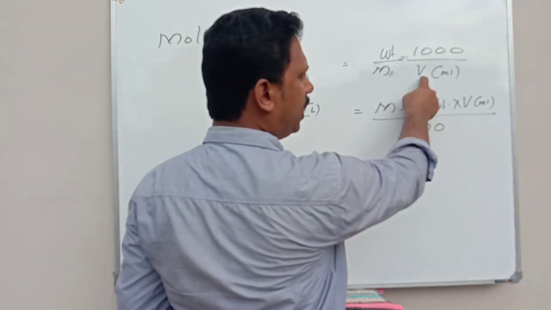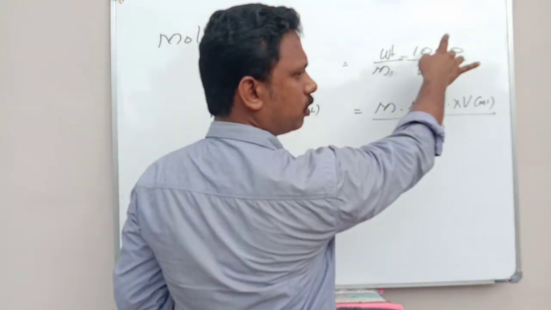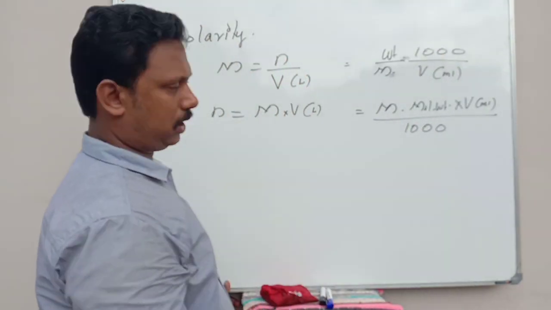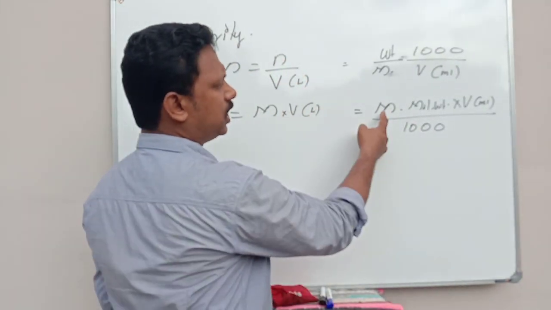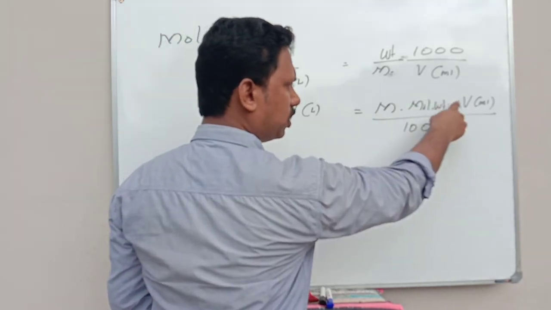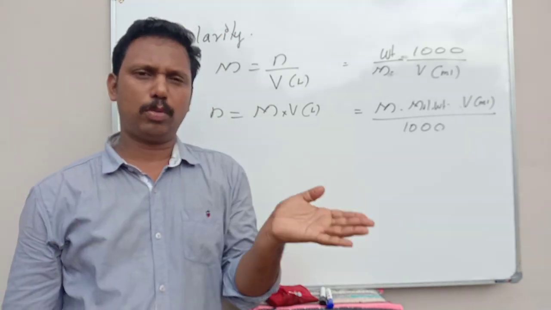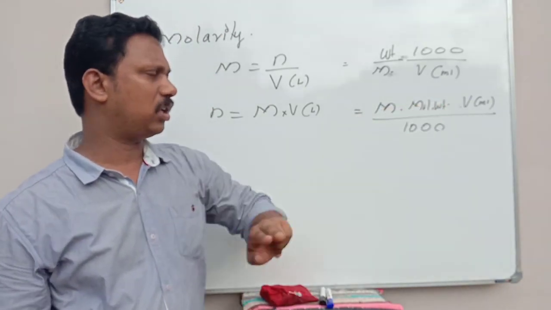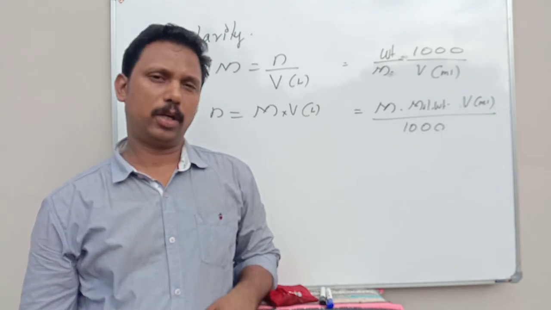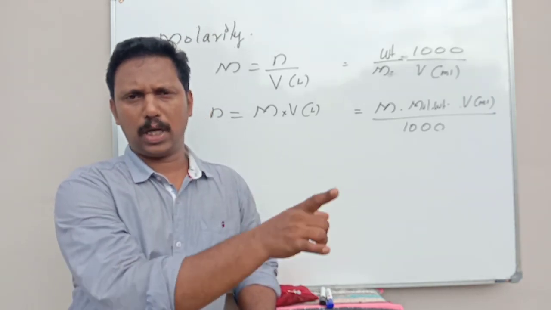Volume, if it is in ml, you have to divide the denominator by 1000. So 1000 goes to the numerator. So volume in ml by 1000. There if you want to find the weight, it is molarity into molecular weight into volume in ml by 1000. The only difference between normality and molarity is instead of this molecular weight, you will be taking equivalent weight. That's why we say molarity into molecular weight is equal to normality into equivalent weight.